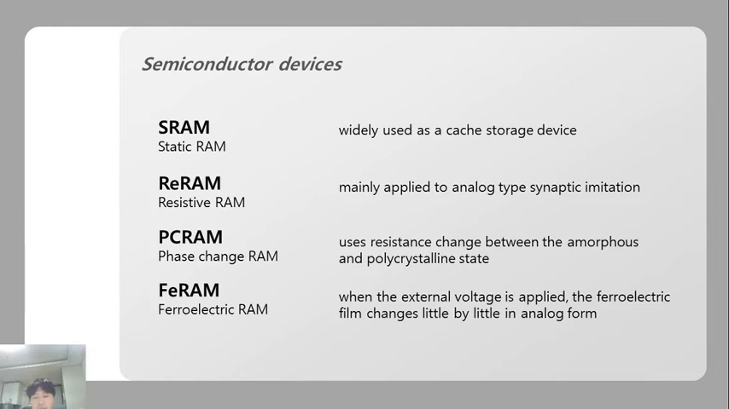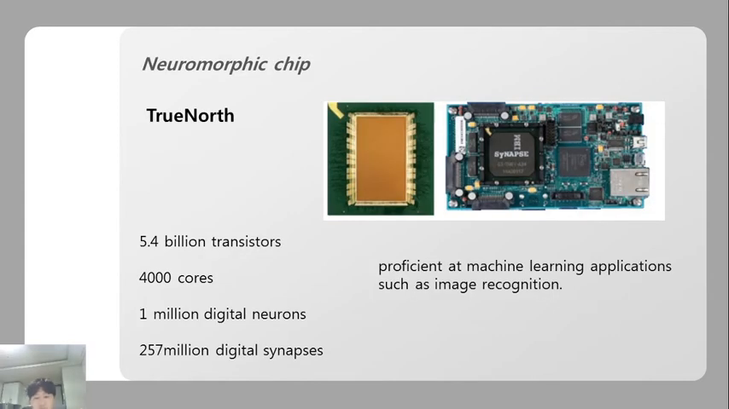Next is ferroelectric RAM. When an external voltage pulse is applied to a two-terminal ferroelectric film, the resistance is changed and used as a non-volatile memory. Also, when the external voltage is applied several times, the ferroelectric film changes little by little in analog form, so synaptic imitation is possible. There are already representative neuromorphic chips like IBM's TrueNorth and Intel's Loihi. First, IBM's TrueNorth chip